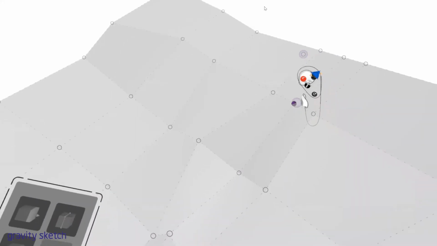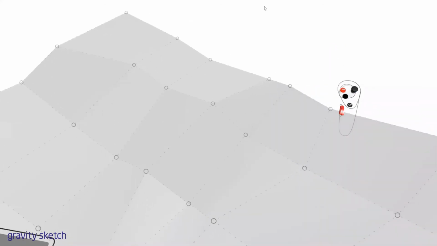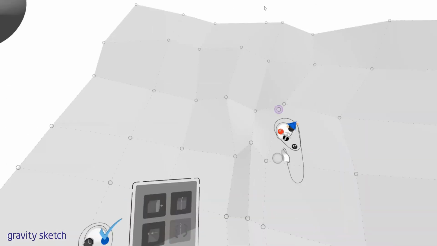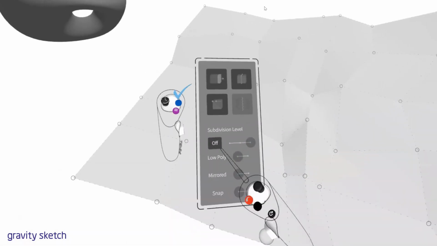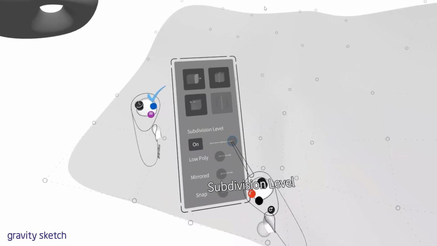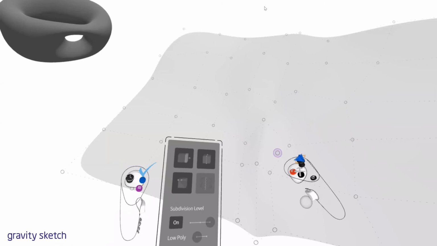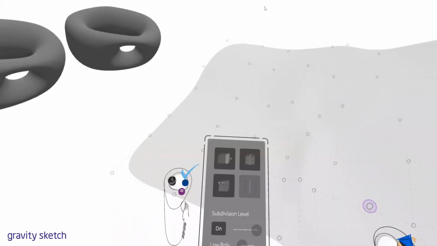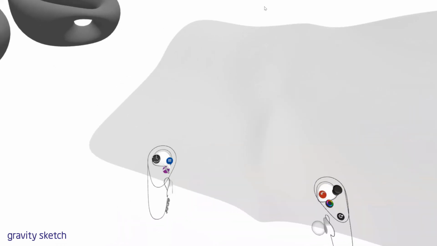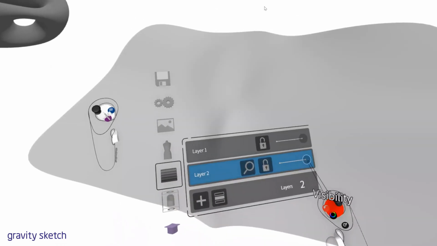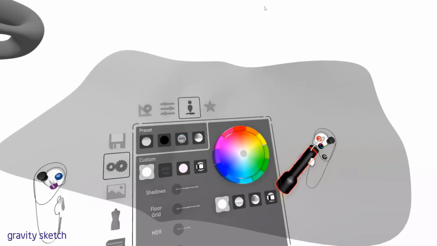If I wanted to have a kind of crease through here, we can see what that might look like if we go back and turn on our subdivision. And maybe with it being transparent, that can be a little difficult to really see exactly how the light is hitting. So let's go back to our layers. We can increase that. You can see we get a little bit of shadow, but let's even come back and now let's use our